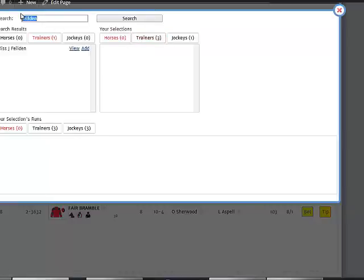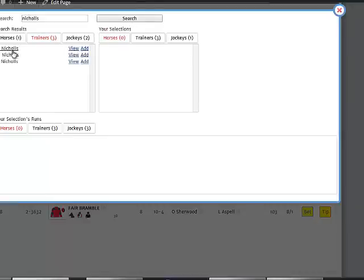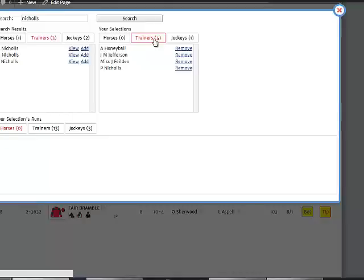Let's try, well, why not Paul Nicholls? We'll punch in Nicholls, do a search, the trainers come back. A Nicholls, D Nicholls, P Nicholls. P Nicholls is the one I want, so I'm going to add him, and you can see my trainers is now 4. If I click on that, you can see they're all listed there, and then in the bottom window